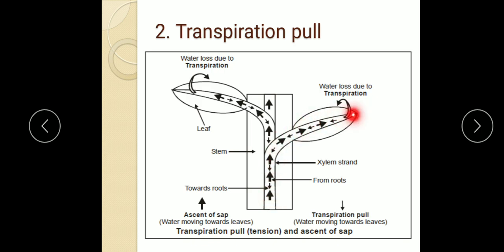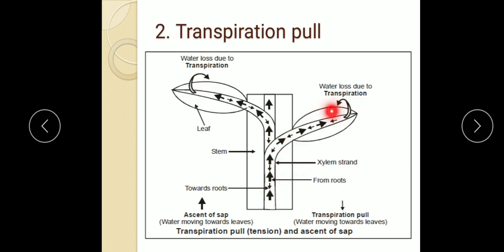So understood, children? Okay, water loss due to the transpiration creates a deficiency of water in the leaf cells. Okay, so leaf cells draw water from the surrounding cells of this branch xylem. Then the branch xylem further becomes deficient in water, so it draws water from the stem xylem.